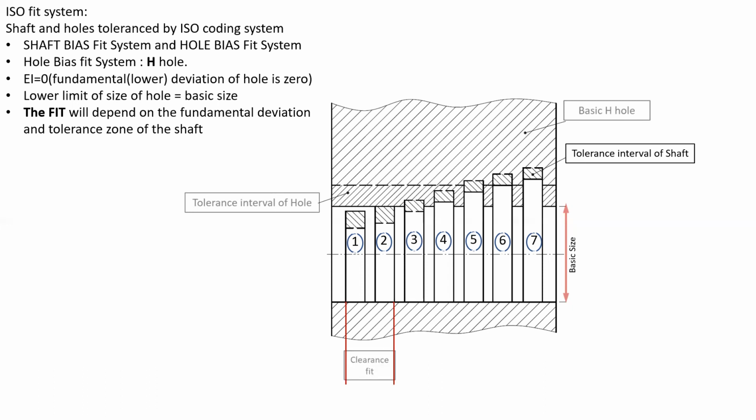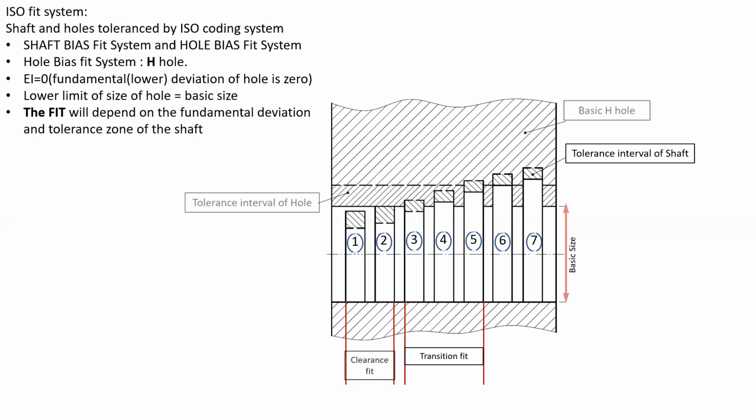For the shafts designated as 1 and 2, we can see that the upper limit of size of the shaft is less than the basic size or the lower limit of size of the hole. So when shafts 1 and 2 are mated with the basic H hole, it will result in a clearance fit. Similarly, for the shafts designated 3, 4, and 5, the tolerance zones of shafts and holes have a degree